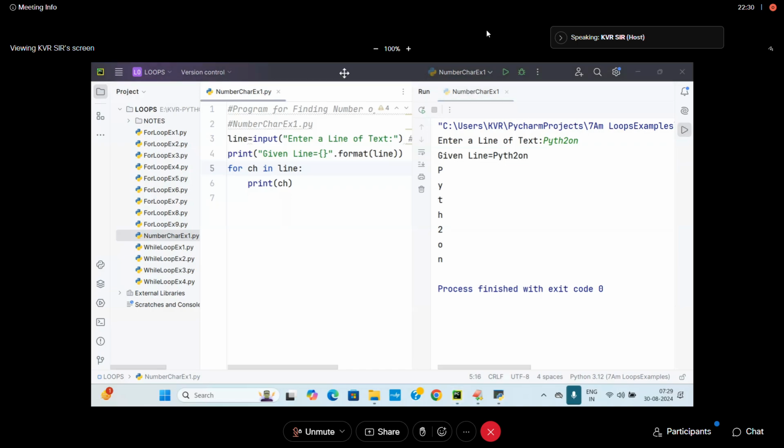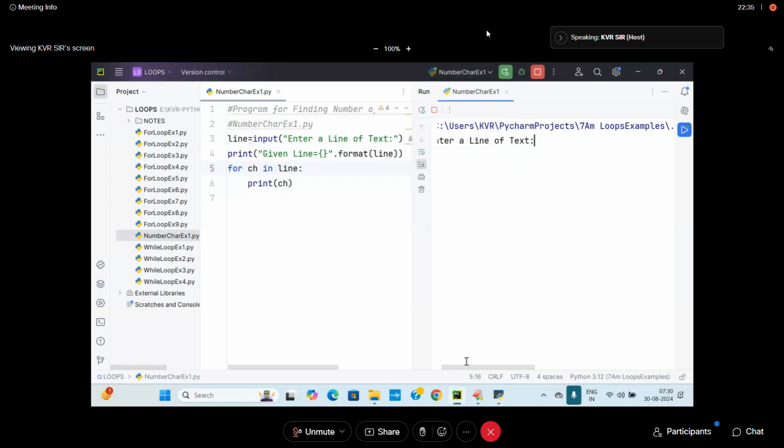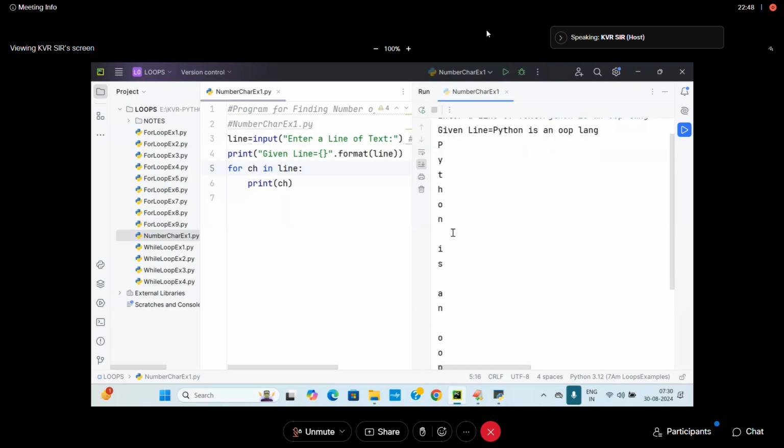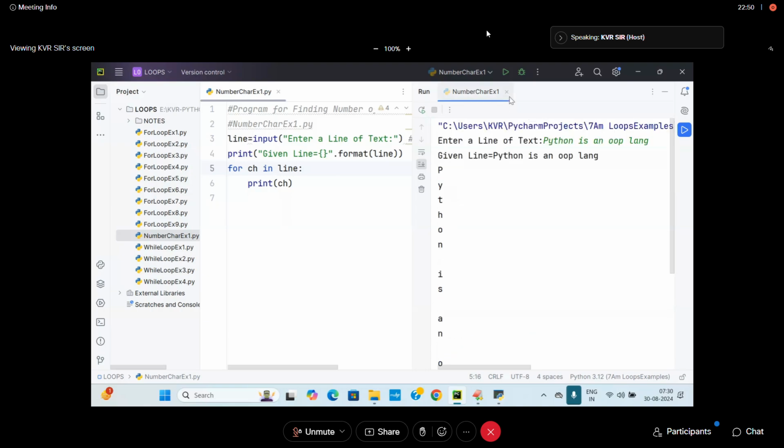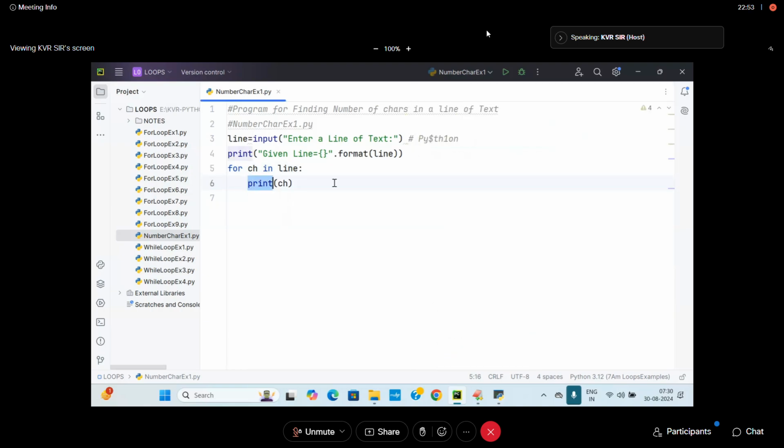See students, it is a very, very useful concept. Once this concept is crossed, there is nothing left to improve your logic. That's why be careful. Python is an OOP language. It is printing all the letters, including spaces also. So in this place, I need to check it out. What will be the logic here? Once ch is coming, to decide whether the letter present in ch is alpha or not,